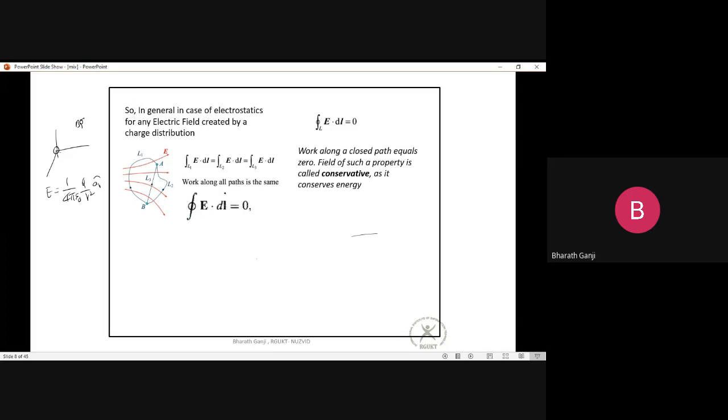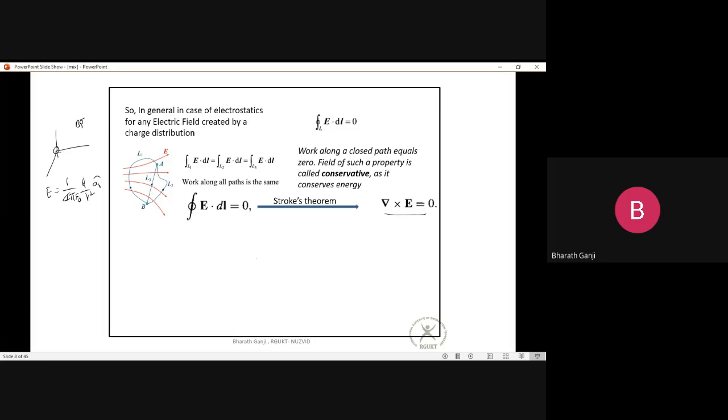And all conservative fields satisfy this principle, and the Stokes theorem tells us that if the loop integral of E bar dot dl is 0, then definitely the curl of the electric field should also be equal to 0. So if someone asks you whether the given field is an electrostatic field, you can check it by taking the curl of it. I think in one of the GATE exams they have given 4 options